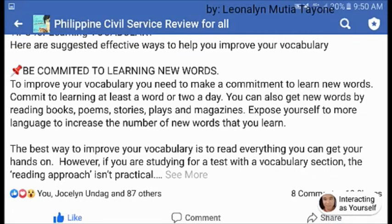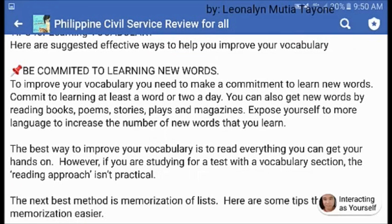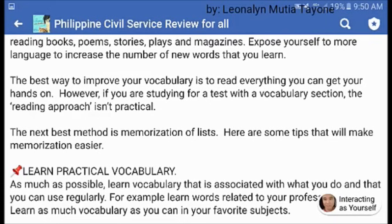Expose yourself to more language to increase the number of new words that you learn. By the way, uulitin ko, kapag medyo iba yung pagka-pronounce ko, ignore nyo lang yun. Importante may natutunan kayo. The best way to improve your vocabulary is to read everything you can get your hands